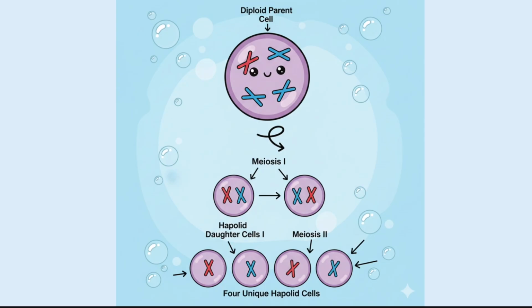So in conclusion, meiosis is the process where one cell divides twice to create 4 unique haploid cells with half